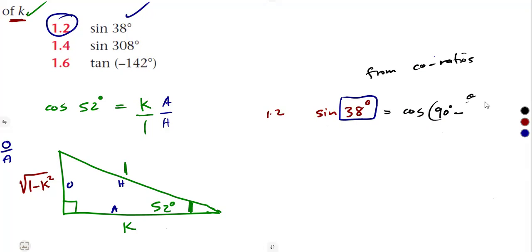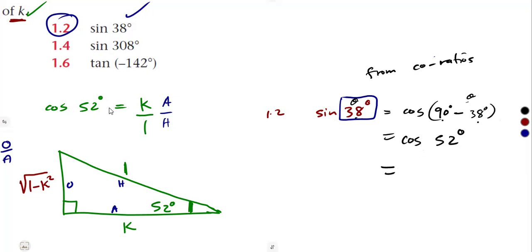theta. Where this is theta, it will be 90 degrees minus theta. What is our theta? Our theta is 38 degrees. So sine 38 changes to cos. That is the cofunction: sine to cos, but 90 minus theta. If we subtract, 90 degrees minus 38 degrees, you are going to get 52 degrees,